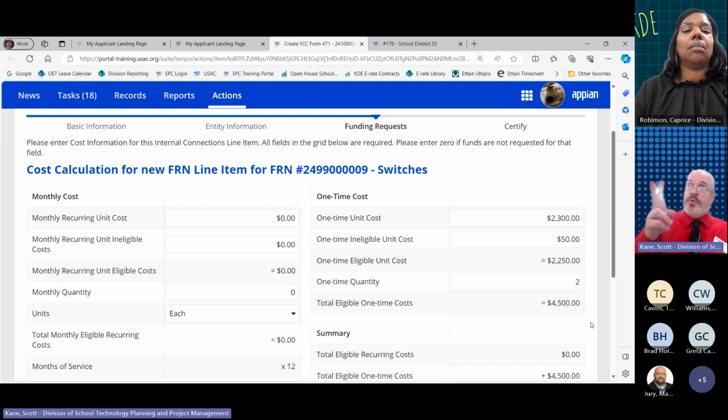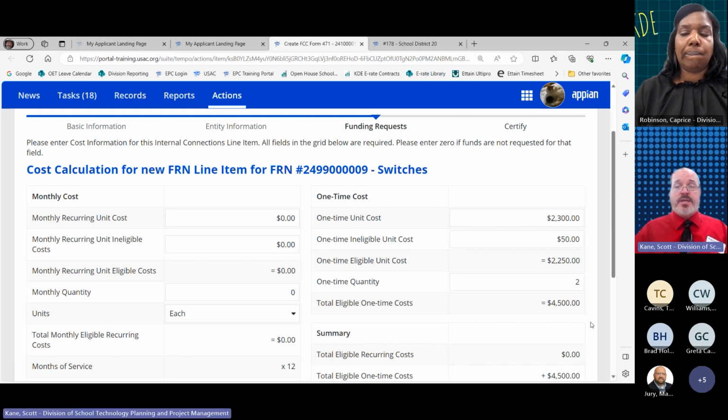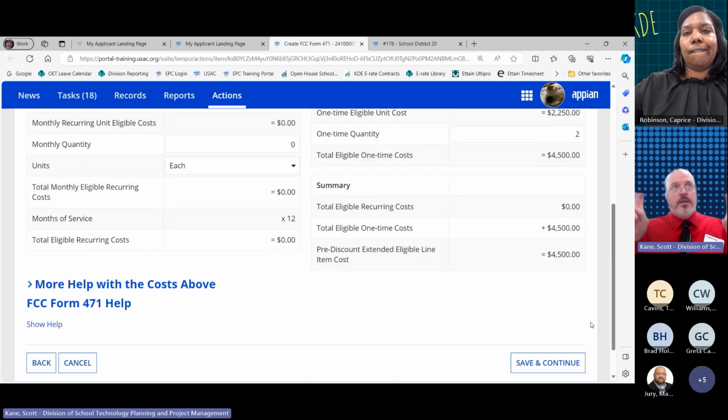So in this case, we'd only put 2, and then we would set up a separate FRN line item if we got a total of 10 switches, and those other 8 are going into other buildings where there are no ineligible users. So we don't have to factor out that kind of use. We don't have to do a cost allocation. You don't want to hurt yourself again on the funding as far as that's concerned. So make sure that you set up a separate line item for like items where there are similar circumstances, whether there is or isn't a cost allocation that's necessary.